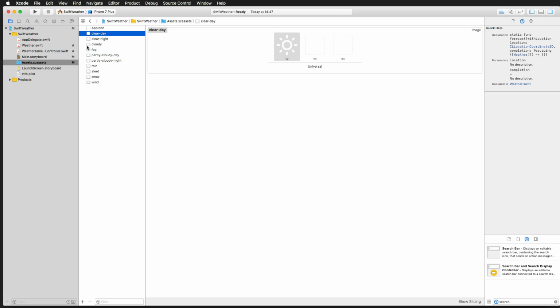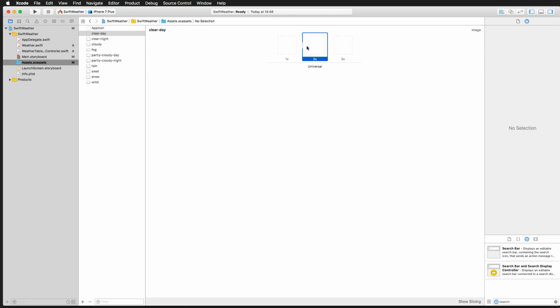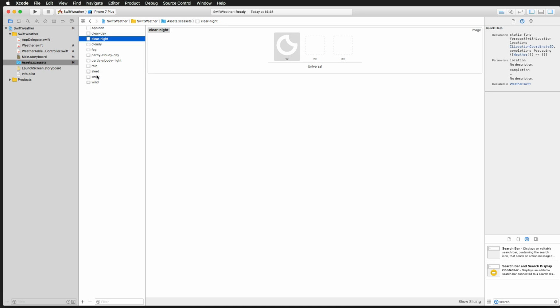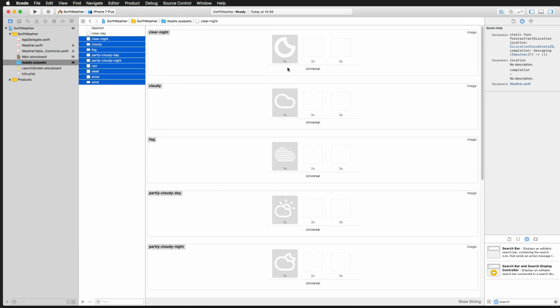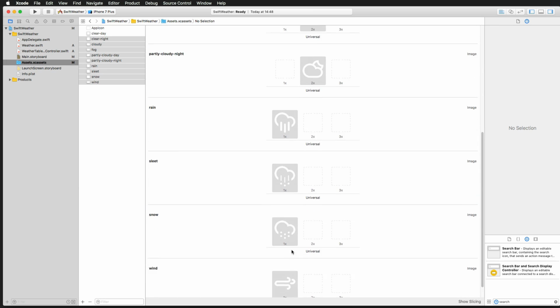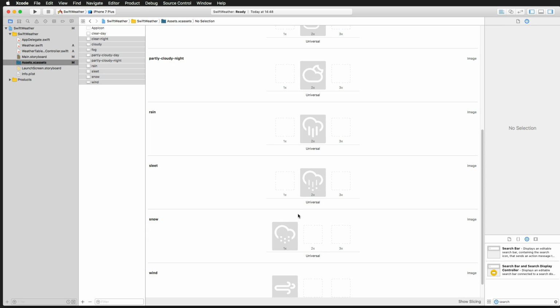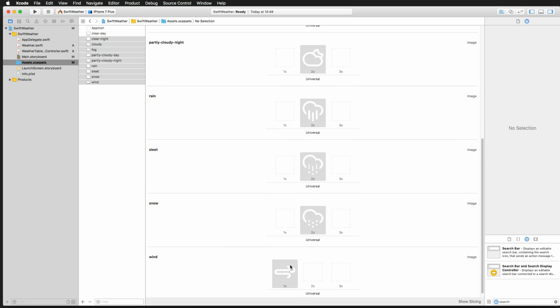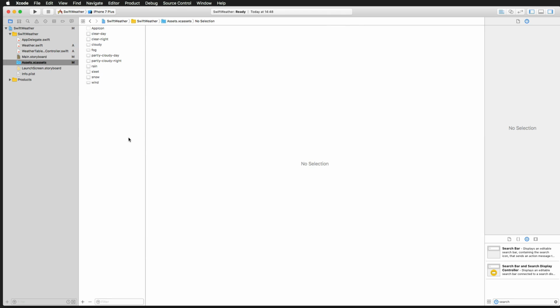And since this is just a tutorial, I did not provide a 2x and 3x version of the icons, just a 2x version. So we just make sure to select all of them and then drag and drop each element to 2x and not 1x. And then this should work because we're only testing this on iPhone 7 and not 7 Plus. So with that done, we are ready to finally write some code